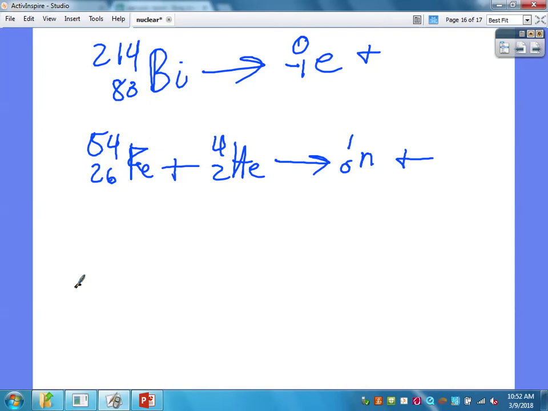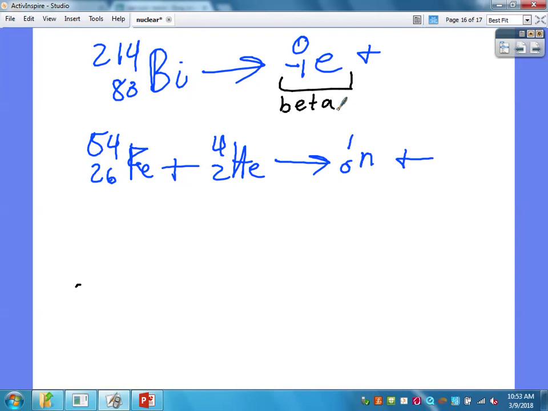So we can see we have this reaction. And again, I don't care if you don't understand what the symbols basically mean. Like Bi is the element bismuth. But we should eventually understand what this means. This is a beta particle or beta radiation occurring right there. All right. So what we have here is basically bismuth